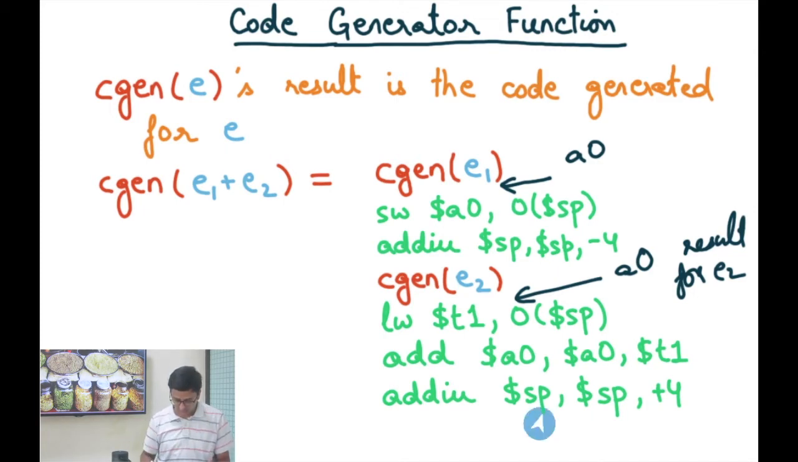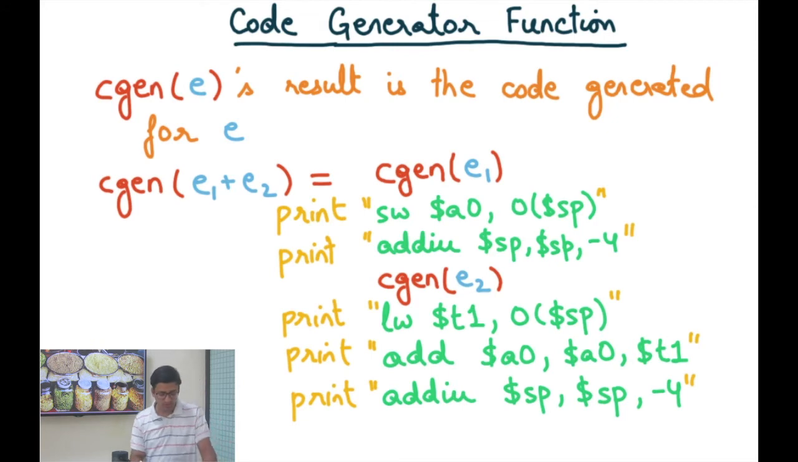So the stack state at the exit of this strategy, of this implementation, is the same as the stack state at the input. The only difference is that A0 now holds the computation result of E1 plus E2. Alright. Now, I want to point out that I'm using color coding to denote the different parts of my code